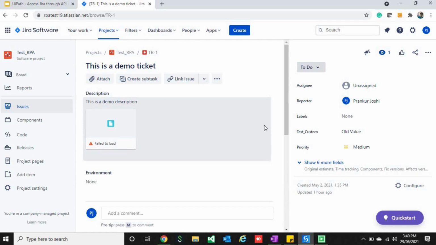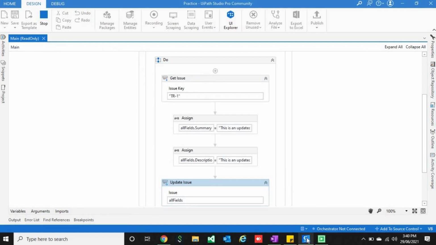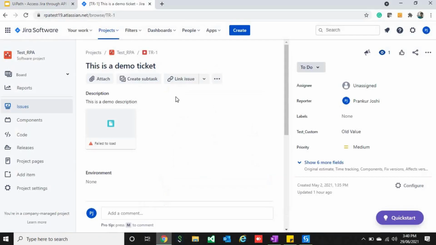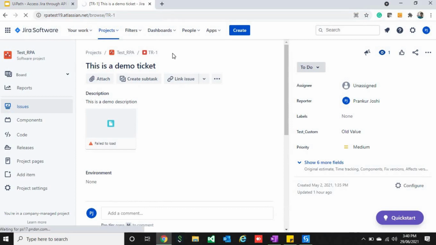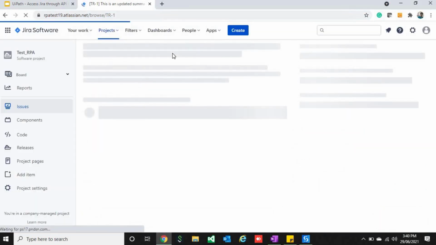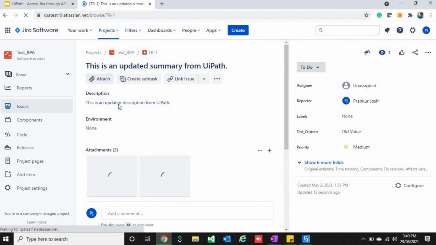So it has started. It's taking quite some time. Okay, it is completed. Let me just refresh the page. You can see that it has updated the summary and the description as well.